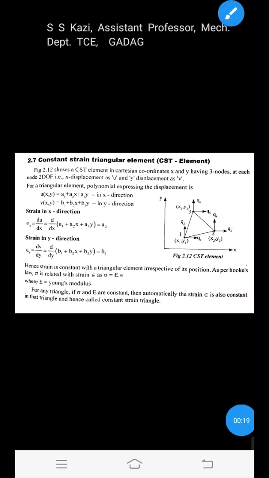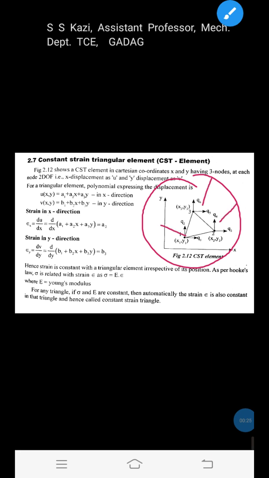We know that triangular element is one of the two-dimensional elements used in FEM. At each node there are 2 degrees of freedom, that is the x component and y component of displacement at each node of a triangular element. Now let us consider the 3-noded triangular element. This triangular element consists of only the corner nodes, that is nodes 1, 2 and 3.